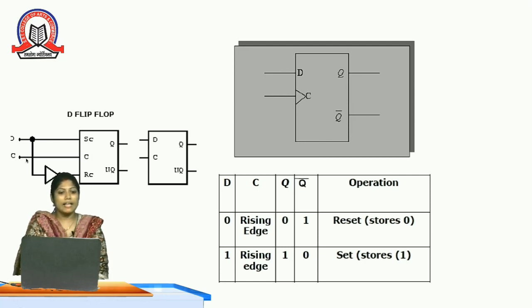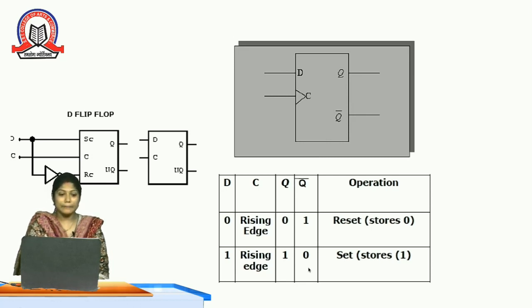We can see this. As I said, if you connect a NOT gate between S and R, then it is called as D flip-flop, and there is a clock pulse. So symbolic representation will be this. This is the basic block unit. Rising edge, Q will be 0, obviously Q bar will be 1. This is the stored information. Reset stores 0. That means if input is 0, output will be 0. In the rising edge, next pulse, if input is 1, output will be 1. So if output is 1, the Q bar state will be 0.